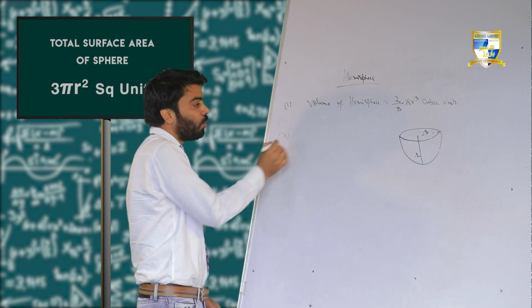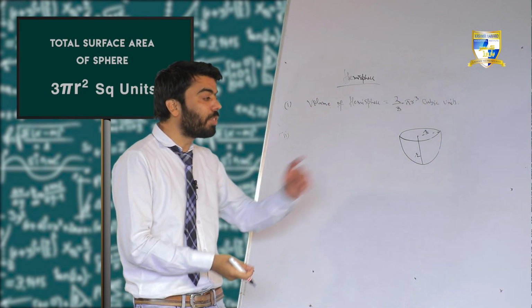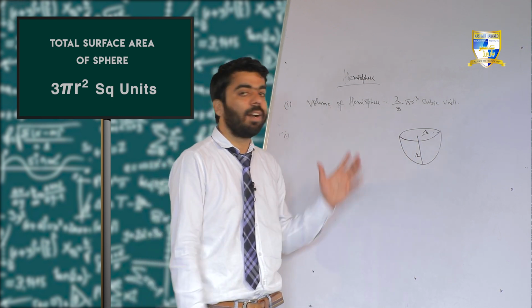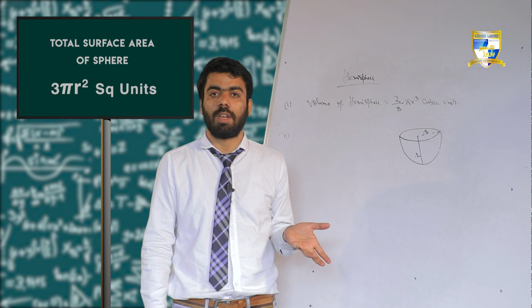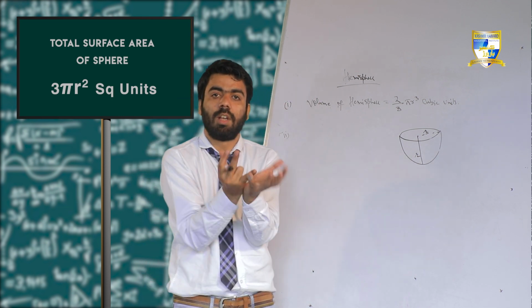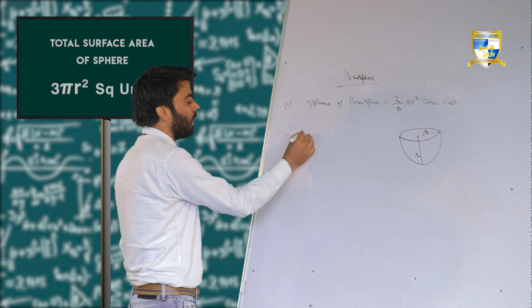Then it will be a total surface area. Why? Because you have two surfaces here. In the sphere, we have only one surface. That's why we don't write the total surface area. We write only surface area. But here you have a circle, one surface, and then you have the curvature, right? The total surface area,